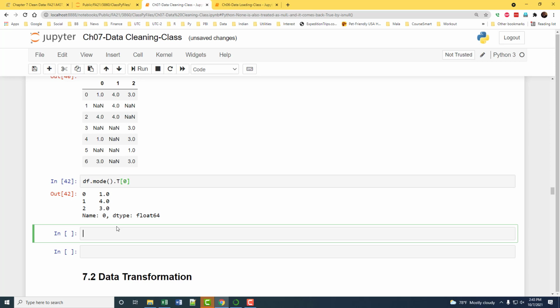Now this series can then be used in fillna. If there are multiple modes, it's going to take the first mode in the data frame, convert that into a series, and use that. So df.fillna, and use that.